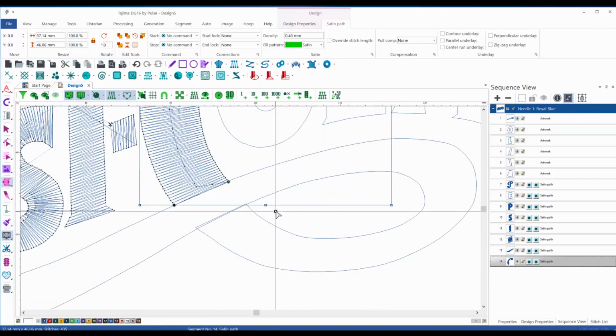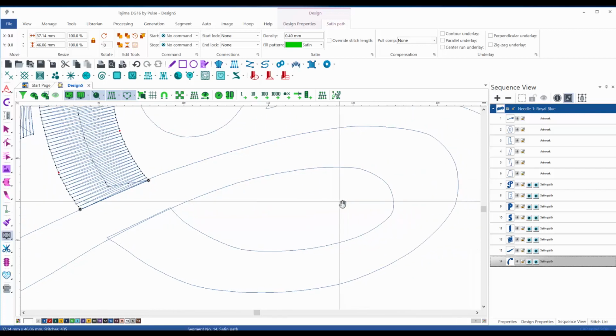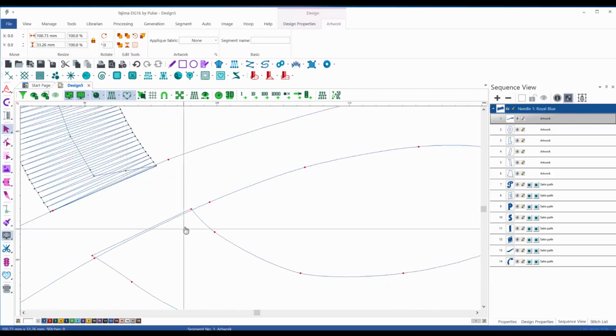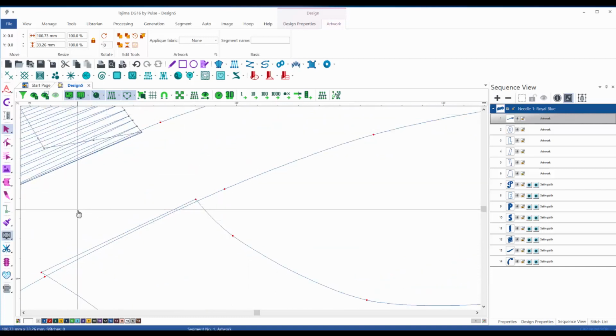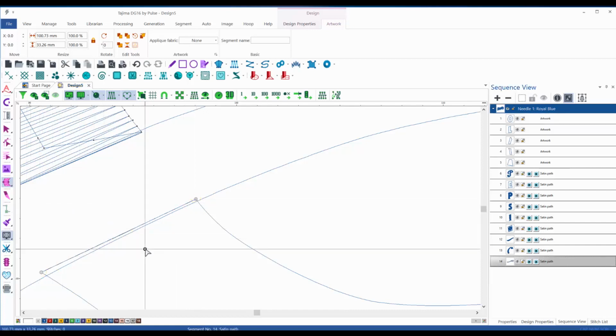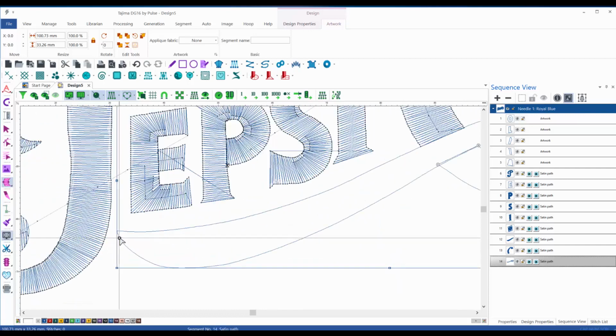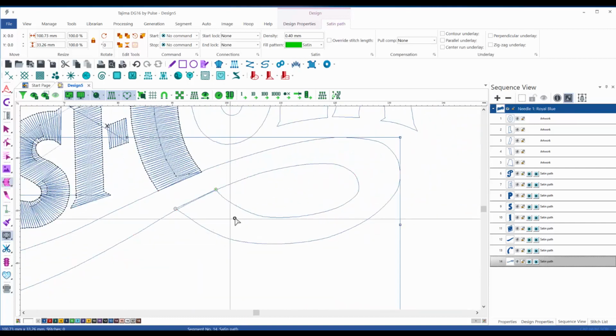And now we will work on this segment here, which is this one. So again, here I need to be careful. Press D for the angle lines. Let's start at the very beginning of this part, and maybe at the end, which is here, place an angle line here, and between those, like I said before, we will distribute the stitch angle lines so that the stitches will travel